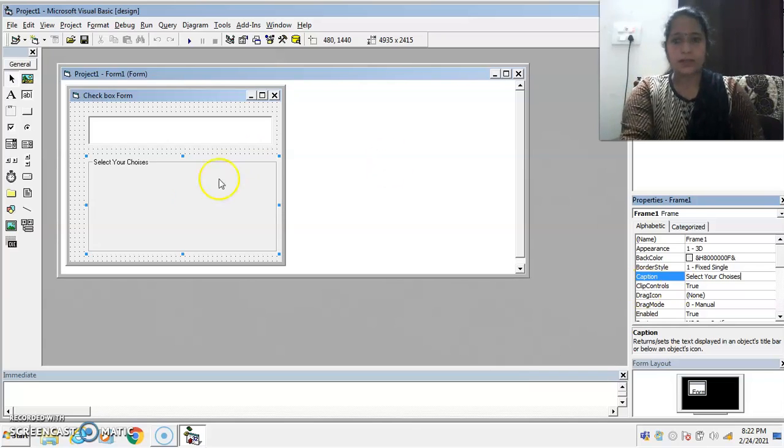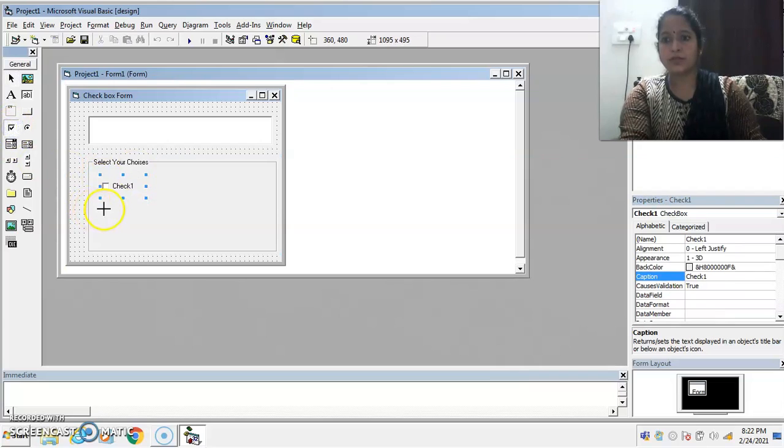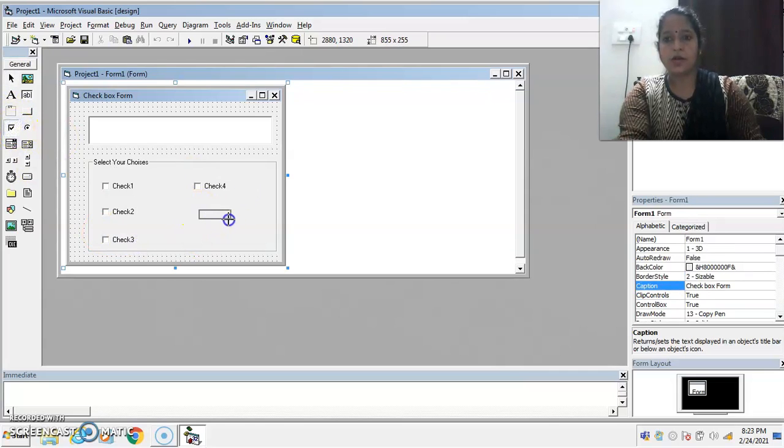Your choices. Now take 6 checkbox buttons. First checkbox is for bold, second for italic, third for underline, fourth for strike through, fifth for all caps, and the last one for small caps.